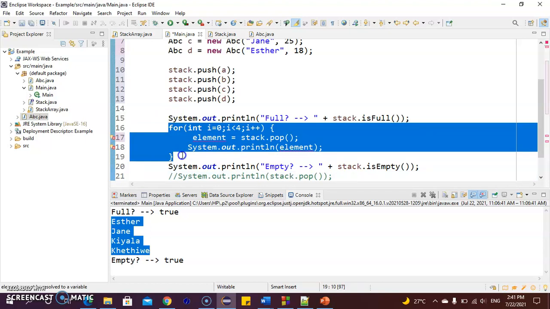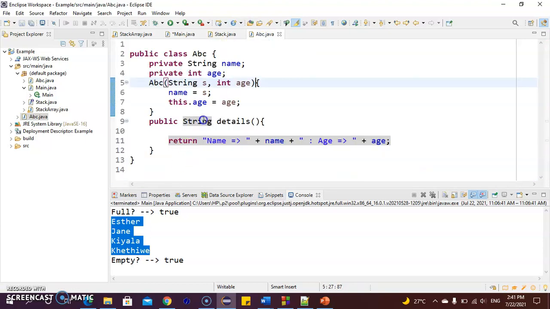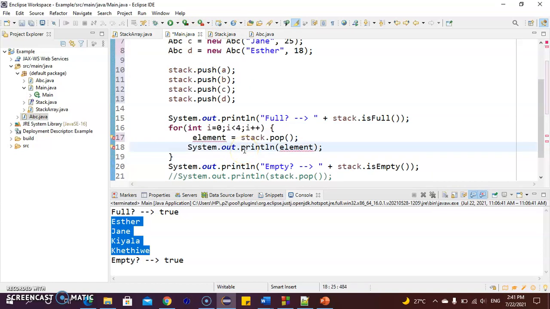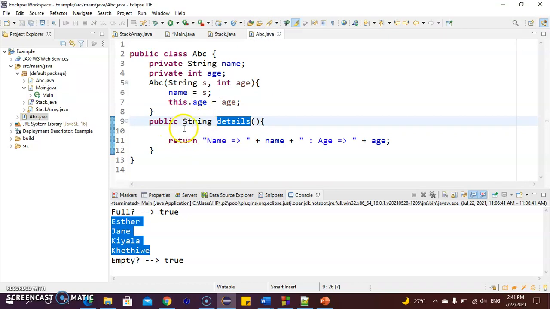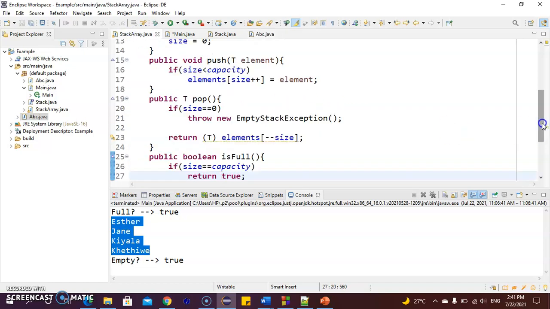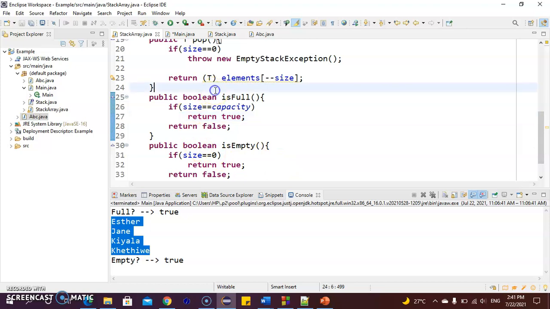So we have pushed four objects into a stack, and now we want to display the details of those objects. Remember, we have a method for displaying the details, and the method is called details. What will be returned from here is a string. This method is going to be returning this information. But when we are popping out our information, it's going to be popping out